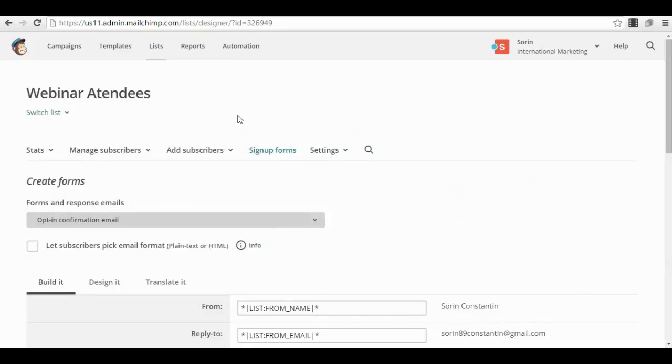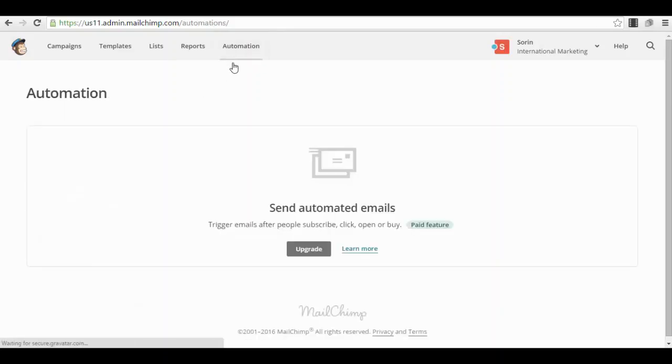Now another cool thing that you can do is go to automation, send automated emails. But unfortunately with MailChimp this is just a paid option. So if you want to do this more seriously, I am suggesting you go for a paid account, either on MailChimp or other services like GetResponse at $15 per month.